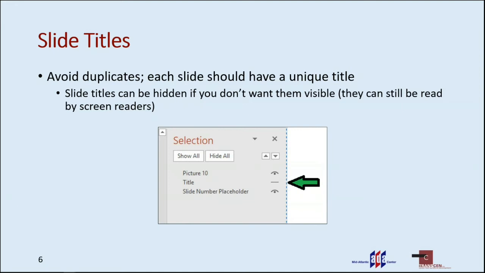And so the way that you do that is within the selection pane, you find the title, and you'll see that out to the right-hand side of all of these items in the selection pane, there's a little symbol that looks like a little eye. If you click on that, it becomes a little line, like as if you closed the eye. And that's the way you can hide that slide title, and then it just won't appear. Even if you move your image around, it's not going to peek out, it's just not going to be visible, but it will still be there. And so with that, I'm going to turn things over to my colleague Young for a few moments.